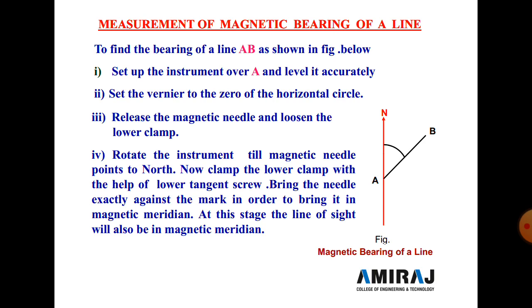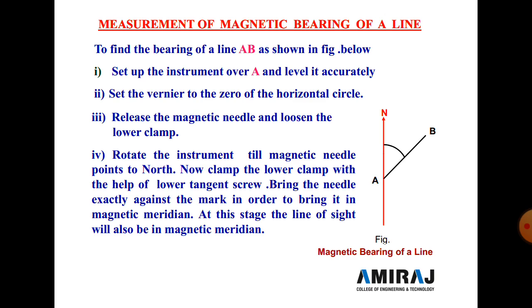So to find the bearing of a line AB shown in the figure, this one is line AB, and set up the instrument at the point, and here three steps are compulsorily required: centering, leveling and focusing. Then set up the vernier to 0 degree on the horizontal circle, and release the magnetic needle and loosen the lower clamp. So here the upper clamp is fixed when we set the 0 degree, and the lower clamp is loose,